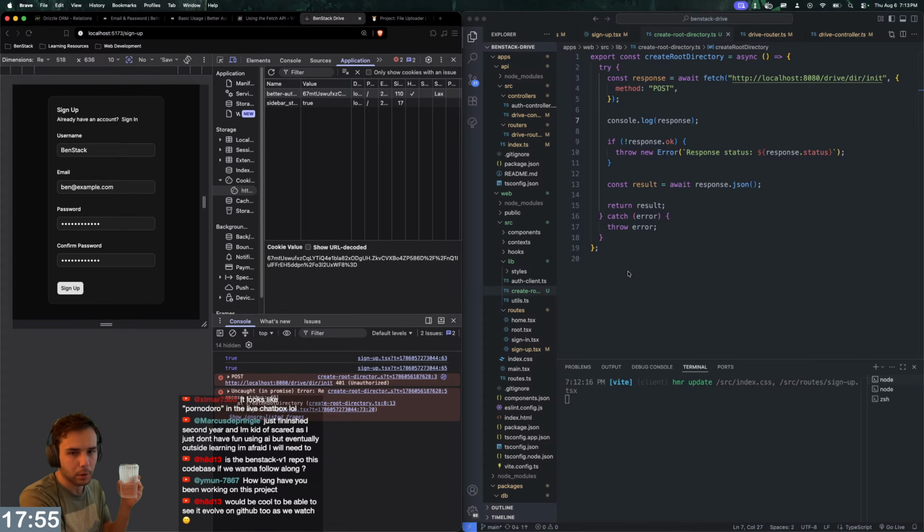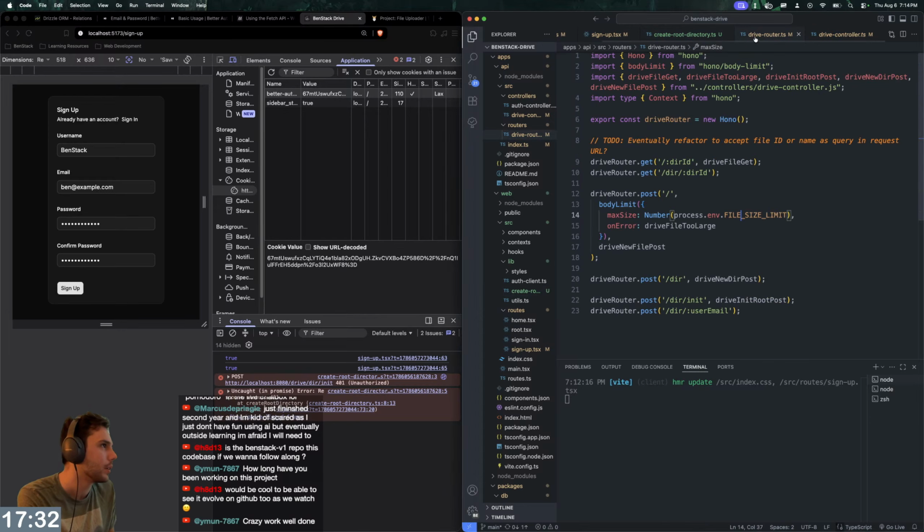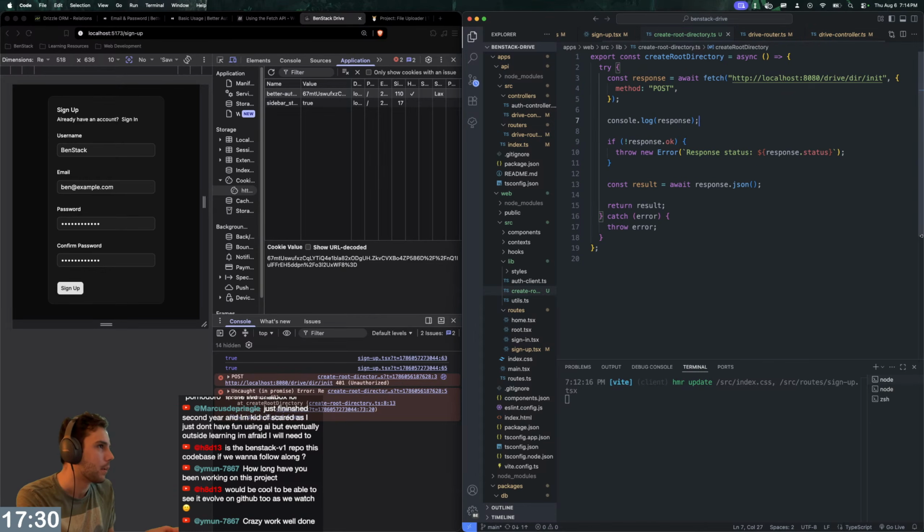How long have I been working on this project? Probably about a month. This particular iteration of the project, only a couple weeks though. Would it be cool to be able to see it evolve on GitHub as we watch? Yeah, I thought of that. The only thing is, at this point, I'm a little bit insecure about the code, so I'm just keeping it private. But you make a valid point. You make a valid point. But anyway, okay, so